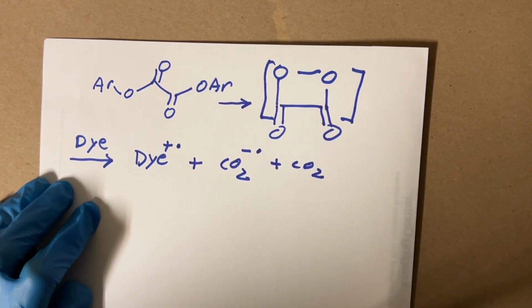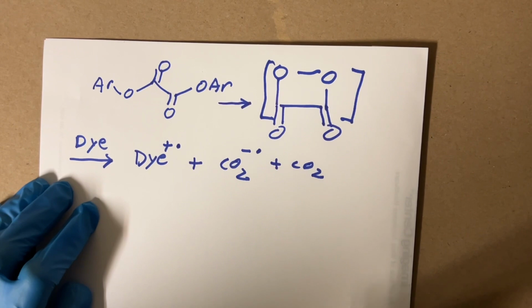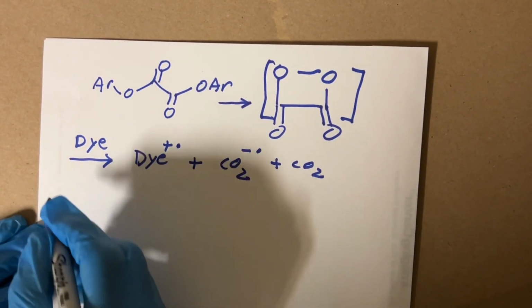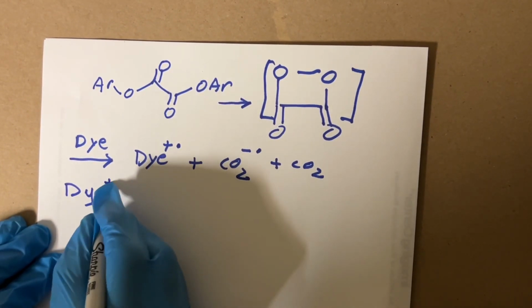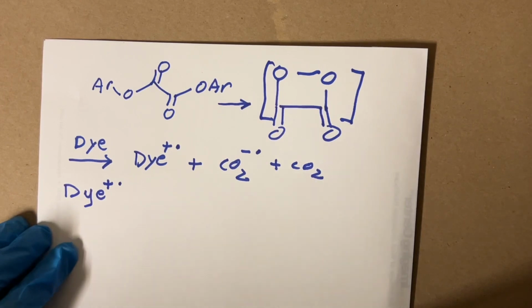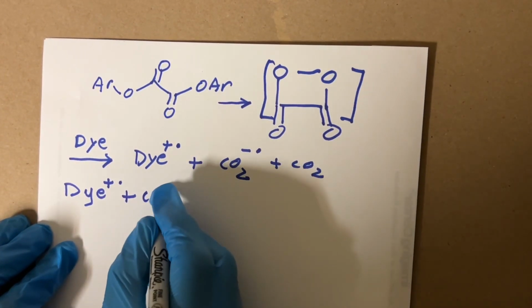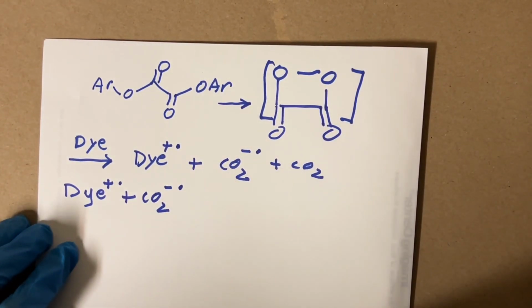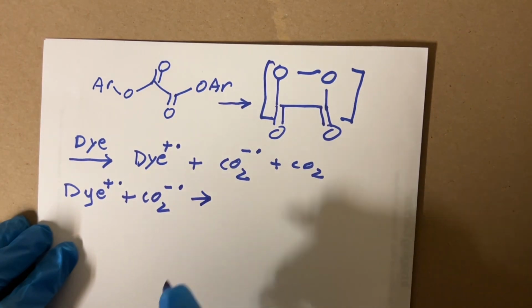Now that highly reactive CO2 radical anion doesn't want to stay in that state very long. So what it does is it gives the electron back to the dye. So you can write that like this. The dye radical cation plus the CO2 radical anion give each other electrons,